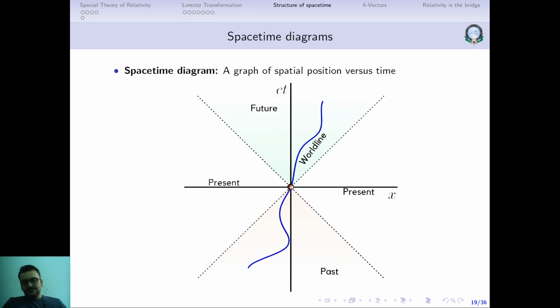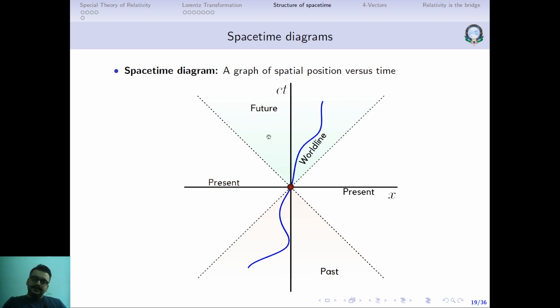Suppose I have a source of light here, and it starts emitting light. Light is going to move along this dotted line, and light is going to move along this dotted line in this direction. If you're shining light along the negative x-axis, light is going to travel along this world line. This is the world line of light, and this is the world line of light. Since nothing can travel faster than the speed of light, all objects will be confined within this region. Because if a particle is moving along this side, then the speed of the particle would be greater than the speed of light, which of course violates the second postulate of relativity. So all the objects that we have should always lie in this region.